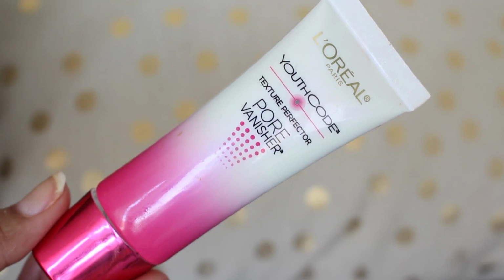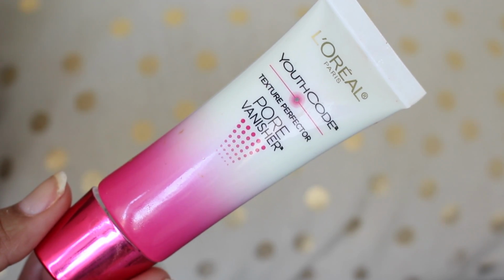This next one is a bit of a bummer because I loved it to begin with. It was highly raved about a few years ago on YouTube. It is the Youth Code Texture Perfector Pore Vanisher from L'Oreal. This was quite pricey. I think it was like $25 or $29 or something like that. It's kind of skincare, but it's also a primer very similar to Benefit's Professional. I picked it up, it was on sale, so I was super excited, and it worked for like 2 or 3 days, but